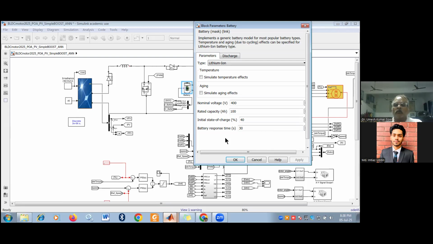So during the initial charging we need constant current charging, and when a certain voltage level is achieved and is stable, then we use constant voltage charging for the battery. So here